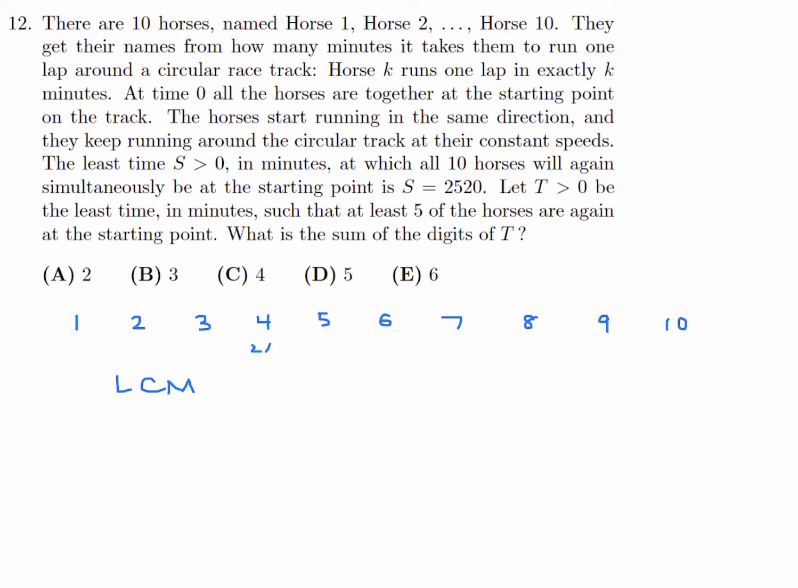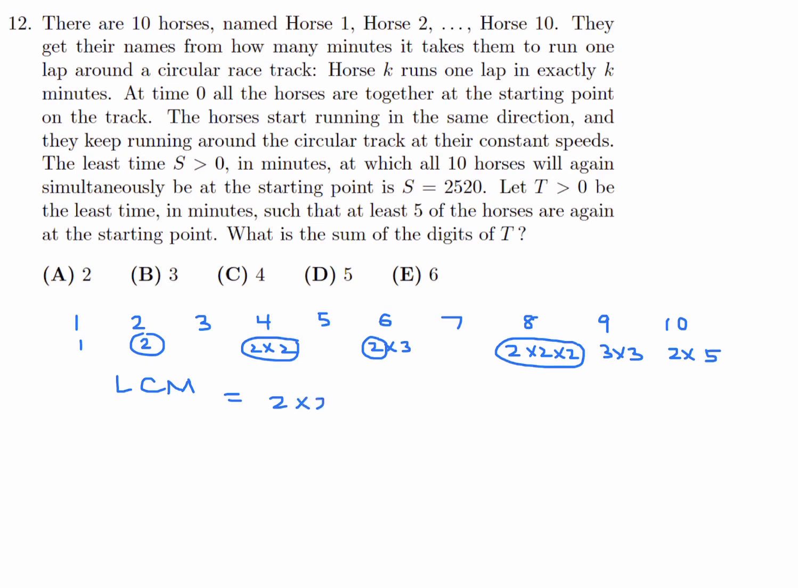Now, the LCM of all the numbers we can get by first breaking up all of them into their prime factors, and then we can take it from there. So this is 2 times 2 times 2, this is 3 times 3, this is 2 times 5. Okay, let's begin. So 2 I will have to include as many times as it appears. Maximum, it appears 3 times. So I will include it 3 times